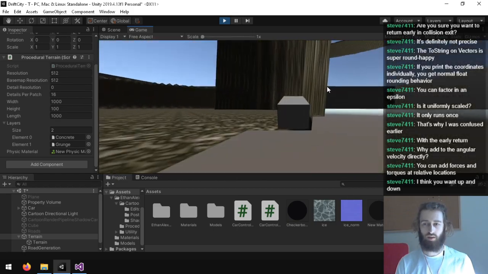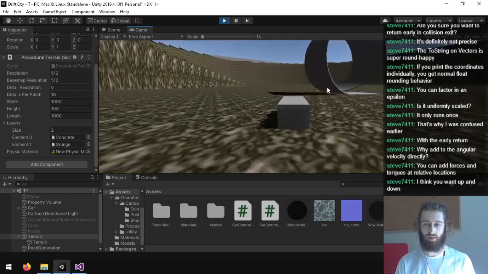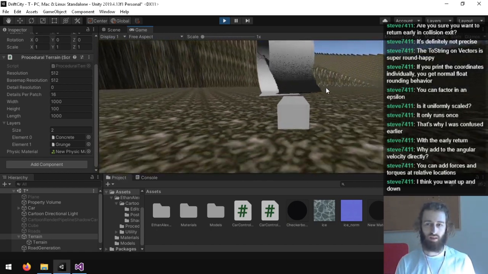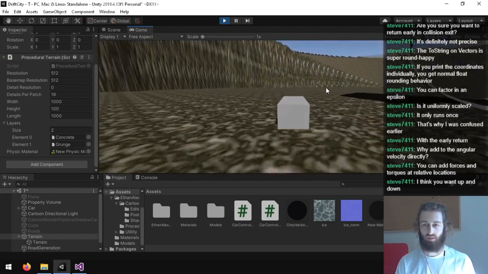Yeah, okay, so how can I get this less drifty now? How do I counteract the side force? I'm honestly thinking of applying the force back, just like friction.